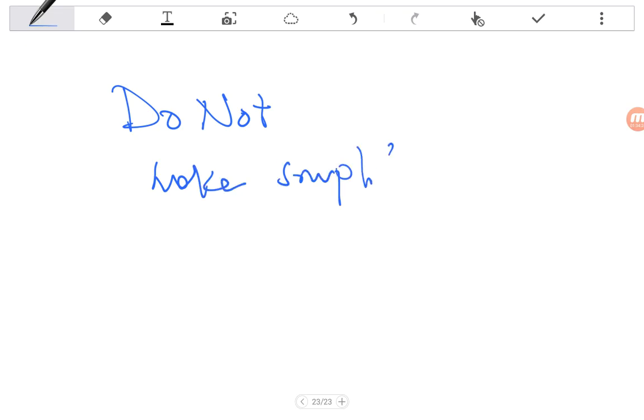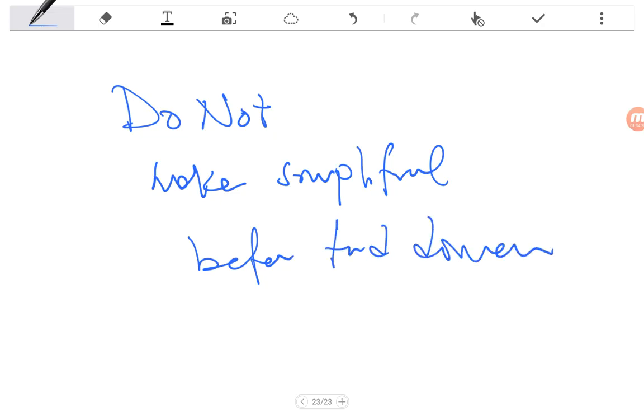This is an important rule. Do not make simplifications before finding the domain, because making simplifications changes the domain. Okay? So that's enough for